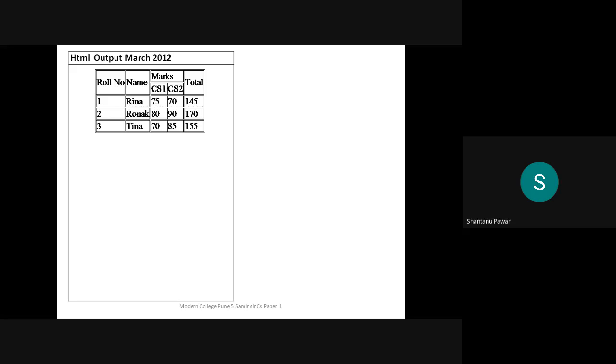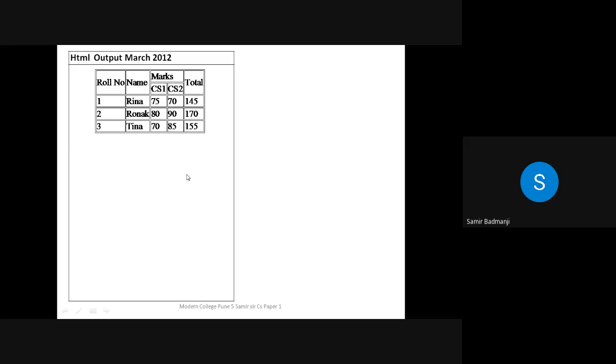Rowspan. See, whenever you look at the table, I told you, look at it as a whole. Either in front of it there can be two rows, or before it also there can be two rows. See, before total, there are two rows. So again for total, you have to write rowspan. And then the next row will be CS1 and CS2. And the next three are normal rows. So the only important row is the first one. If you get this first row correct, then easily the rest of the things you can write mechanically.